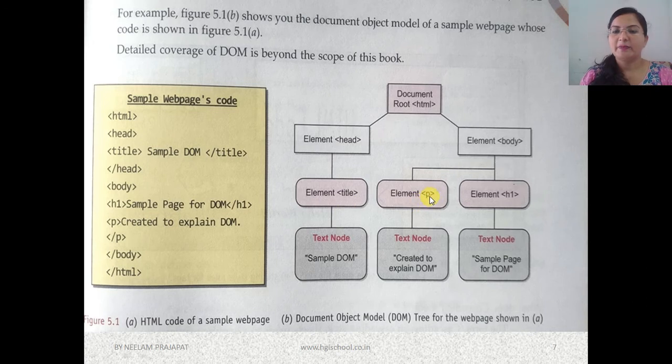Then the P tag and H1 tag, then the list tag, UL tag, then after that ordered list, table tag and anchor tag. All those tags come in the body tag. All other tags apart from the title tag we can use inside the body tag. So for the text node, inside the title tag you have to put some title, inside the paragraph you will write some paragraph, and in H1 you will write some heading. So this is actually the document object model tree for the web page shown here.